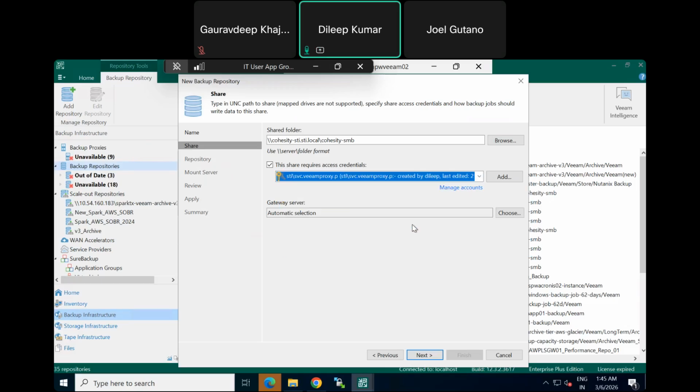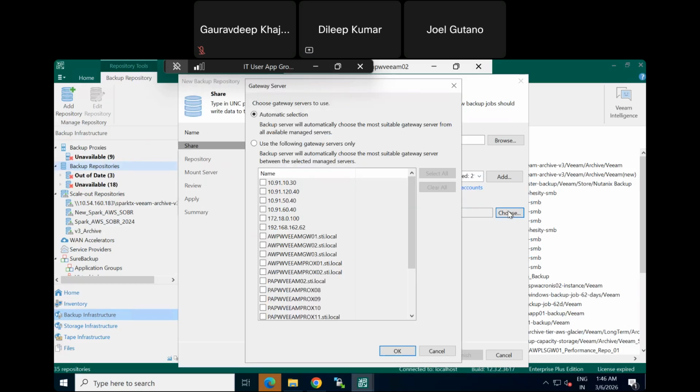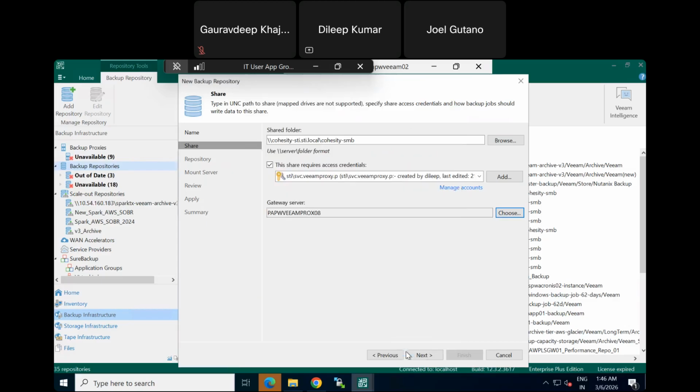So here you need to select the gateway server. In our case, only one server is available. You just select that server as well. The one is 8, right? Yeah. Just click this one and then 8. Okay, and then